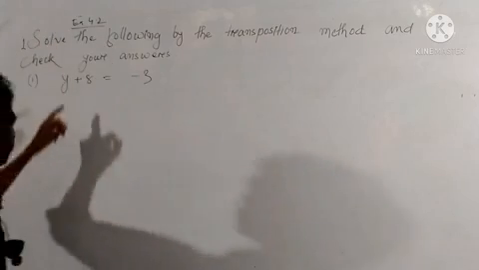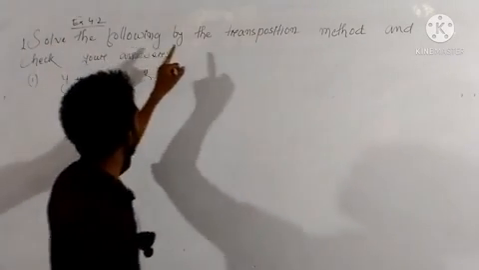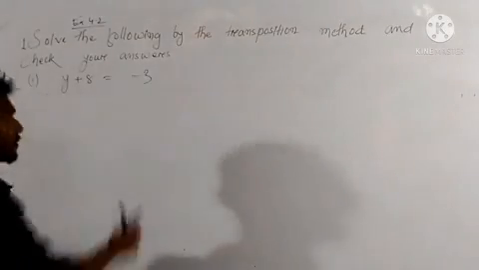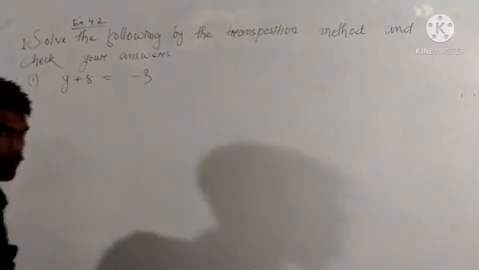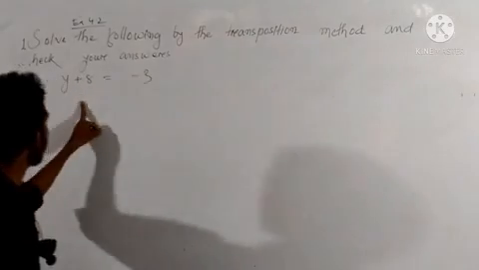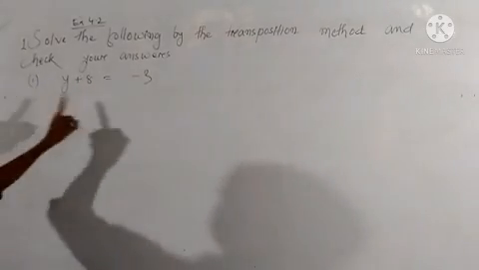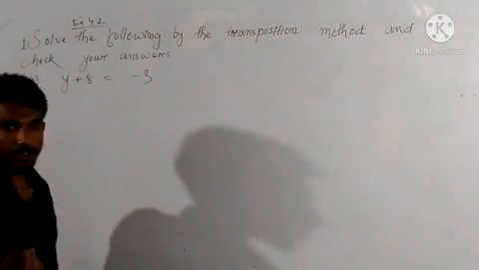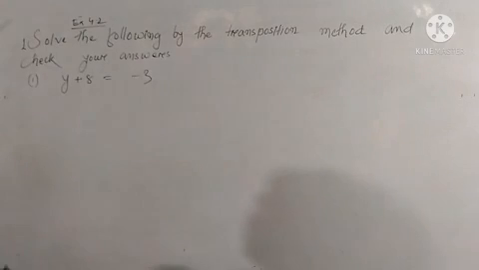The very first question is: solve the following by the transposition method and check your answers. Similar to exercise 4.1, question 2. At first, we have to solve the equation, that means we have to solve the statement and then check it. Okay, so how can we solve it? Look at there. Okay, at first,